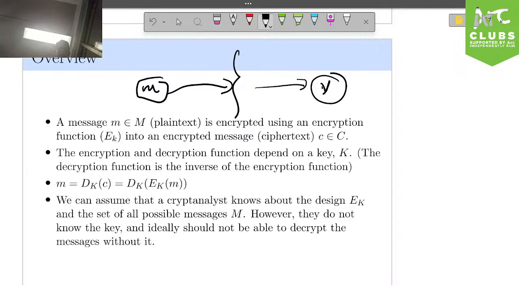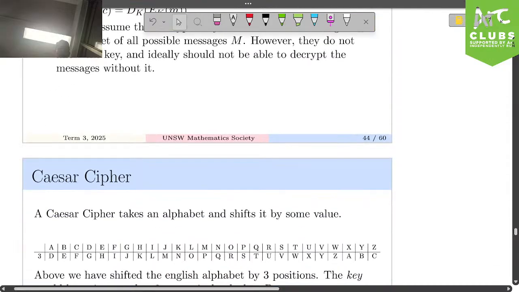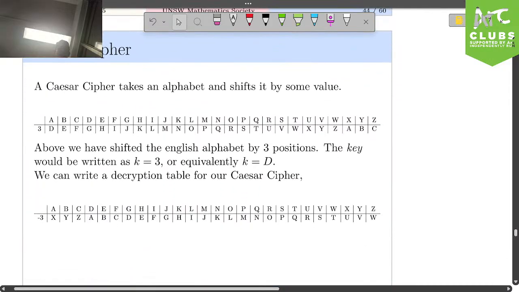And generally, the way that we keep the villain from knowing what my messages are is by having a key. Maybe it's a key that I give you. And so you can use the key, put it into the decryption algorithm, and it'll tell you how to decrypt my encrypted message. All right, so ideally, an encryption algorithm should be very hard to decrypt for a villain in the middle.